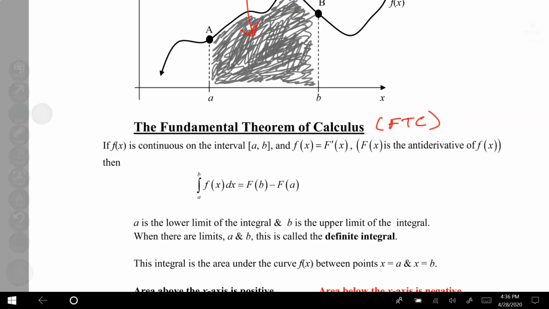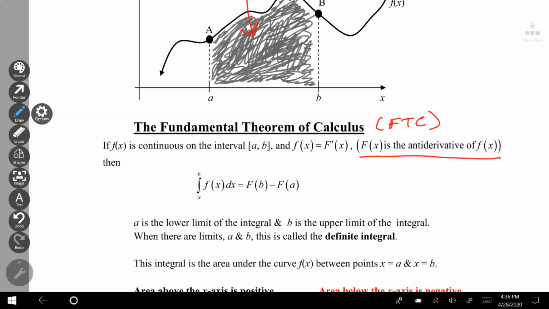So I have to know, for a function, what the antiderivative is. So capital F is the antiderivative of the function f. I'm taking this antiderivative, except now I'm plugging in numbers. All I'm doing is plugging in numbers a and b. After I take the antiderivative, I take those a and b,